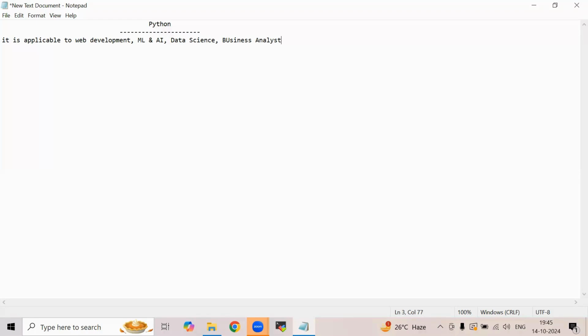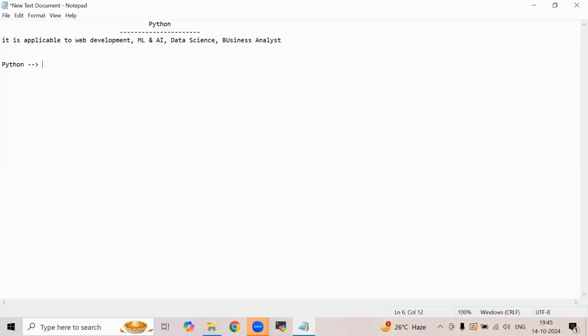So why is Python this famous? Before that, 5 or 6 years ago, we used to use R and Python for data science or data analysis. But suddenly, within the span of 4 or 5 years, Python became supreme. Why? There are multiple reasons actually. Python got the support of a vast community.